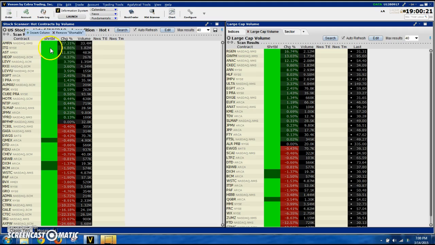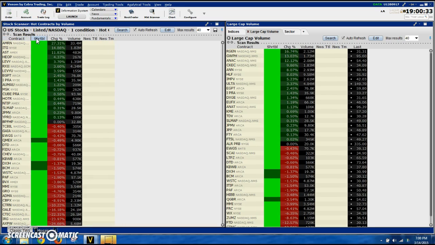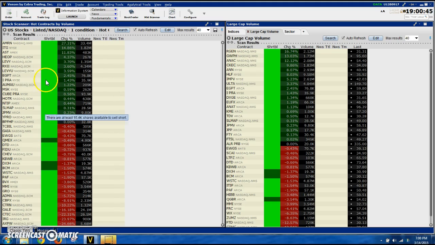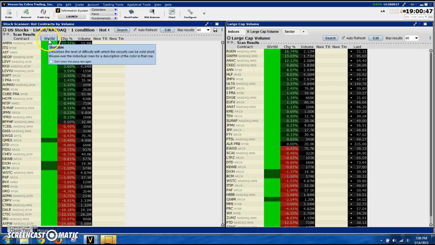What I recommend is that you don't have any more columns than you need to. You just have the ones that you want to follow that are the most important. And the columns that I think you should have up is obviously the contract, what stock it is. Shortable is important just because if you're a short seller, you might want to see this. It gives you an idea of whether or not the stock might be able to be shorted and how difficult it is to locate shares. Anyhow, shortable, percentage change, volume, news title, news time, and then also another column that I like to have is